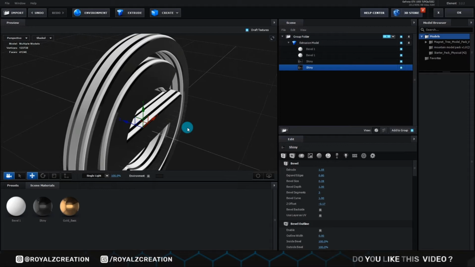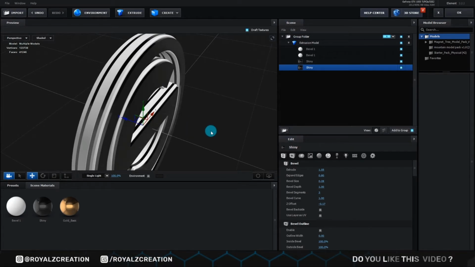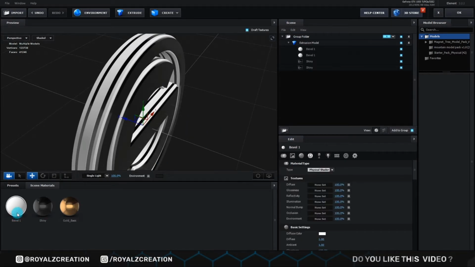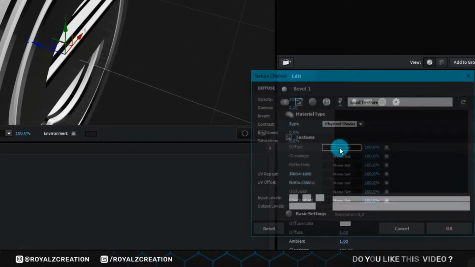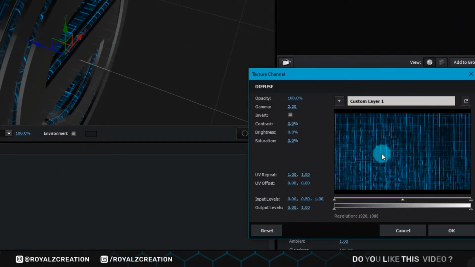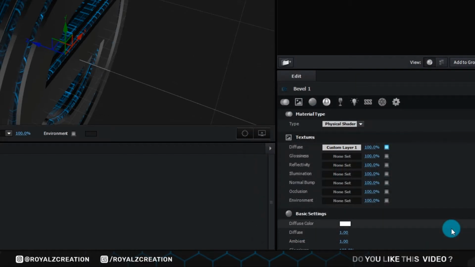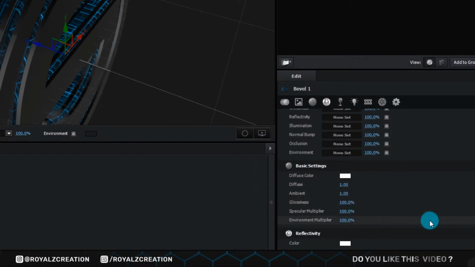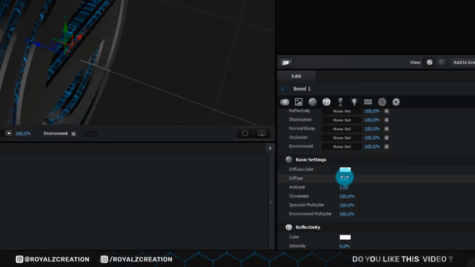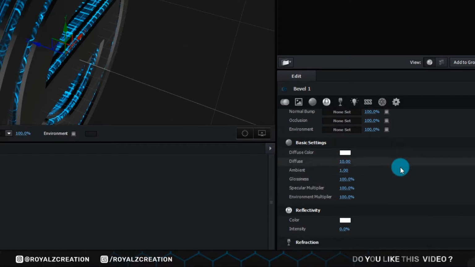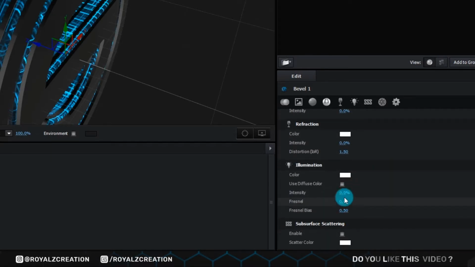We select the bevel one from the screen material, and now click on diffuse, and then we select custom layer 1, and now in base setting we change diffuse amount to 10. We also change intensity to 200,